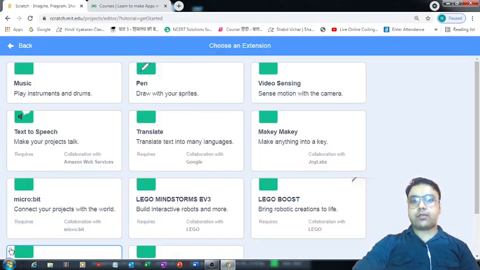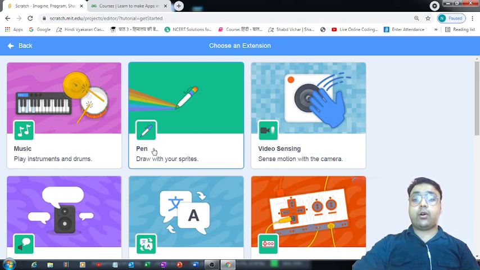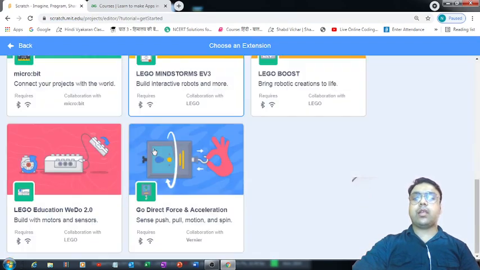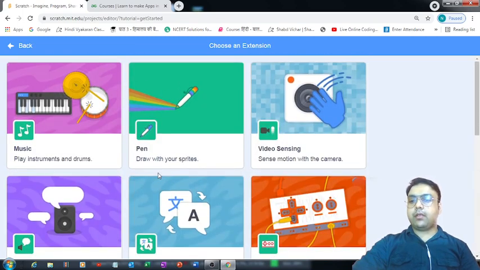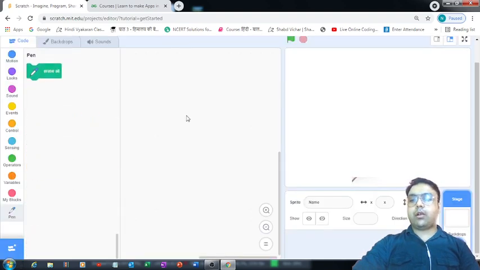Click on this add extensions and it will redirect you to the window where you will find all the extensions you can add to your Scratch environment. I need this pen extension for now. Simply click on this and you'll see that a separate section with the name pen has got created.